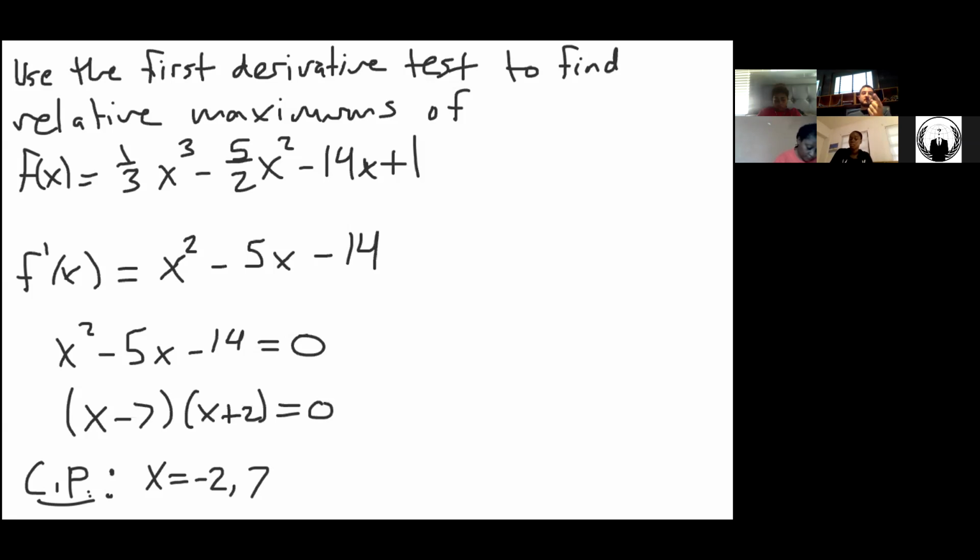But now I need to use the first derivative test to see, for -2 and 7, which of the values are going to actually be a relative max. So I consider my derivative. And as we said before, wherever my derivative is positive, that means I'm increasing. Wherever my derivative is negative, that means I'm decreasing. So if I'm looking for a relative max,